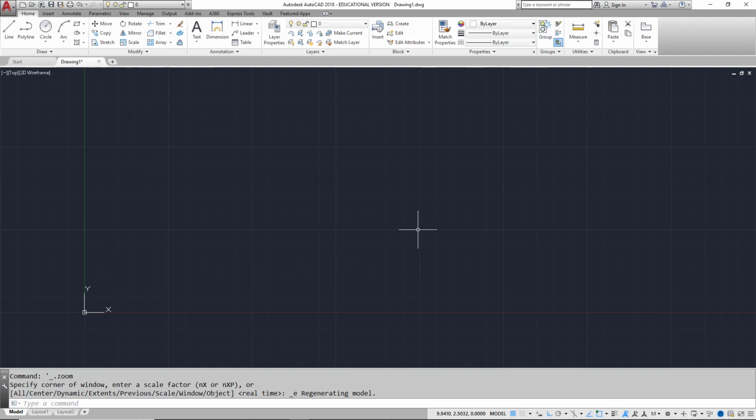We'll begin by looking at the grid. If I come down to the status bar at the bottom, you'll see that on my grid icon it says that the grid, to display the drawing grid, it's on. If I press F7, it'll toggle that grid off and on. If I wanted to type the command, you could type in grid mode, or the easiest way is just to